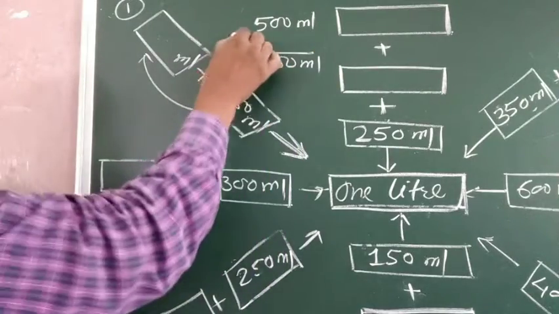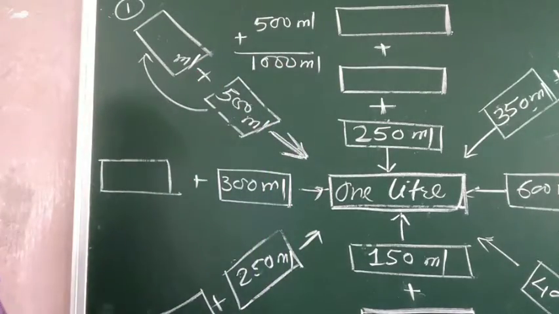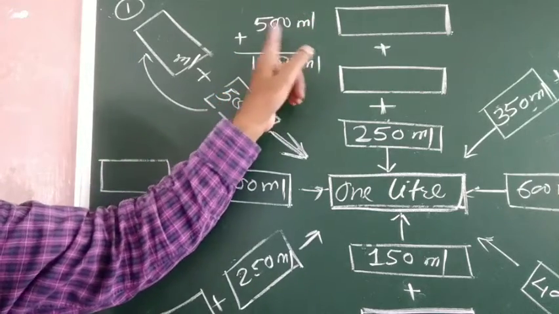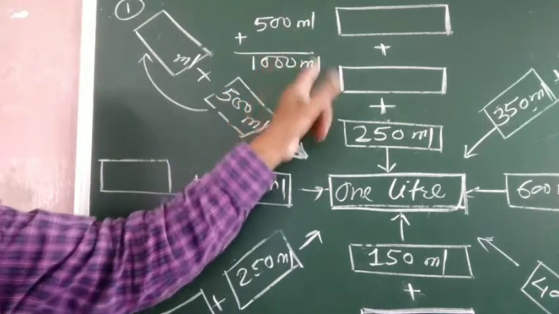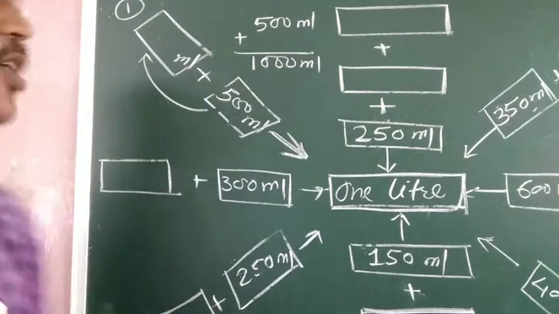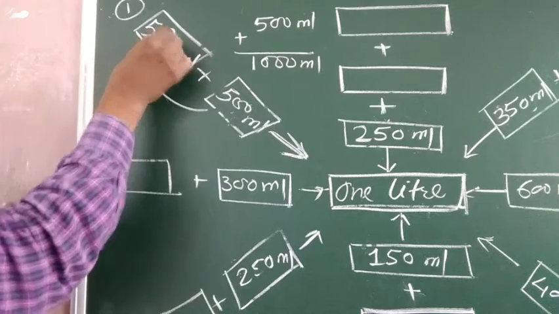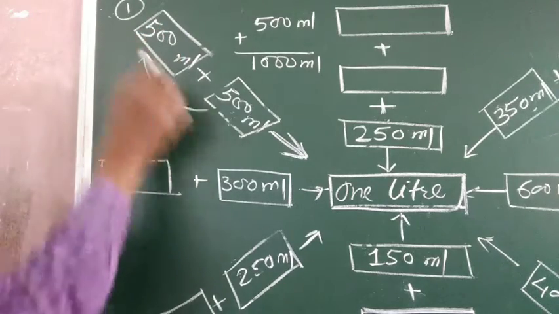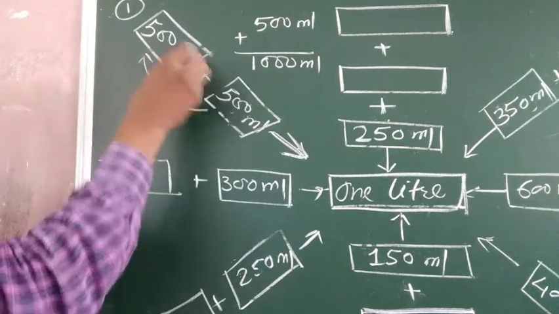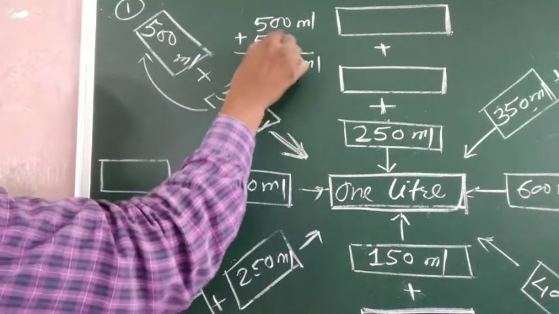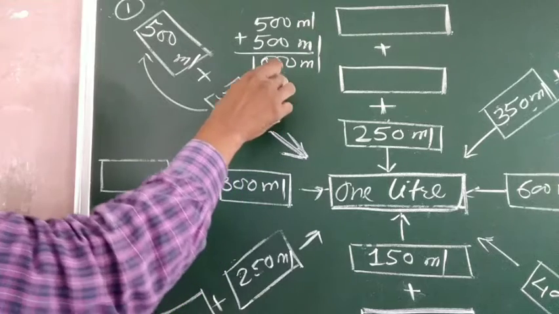तो हमें क्या करना है? 1000 बनाना है बेटा. See, it is 500, then plus any other measurement और कुछ दूसरा measurement लेना है, it will be equal to 1000. So what we have to write here? See, it is 500, then 500. So 500 plus 500 what होगा? What will happen if you add these 2 measurements? So it will be equal to, see, 500 plus 500 is equal to